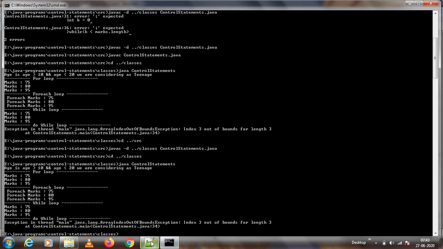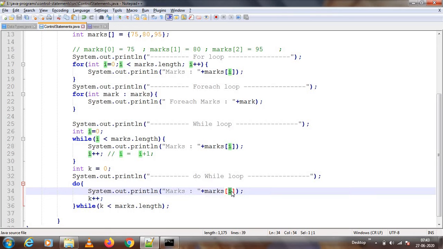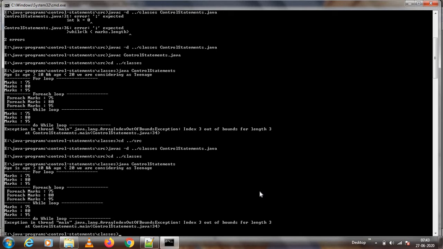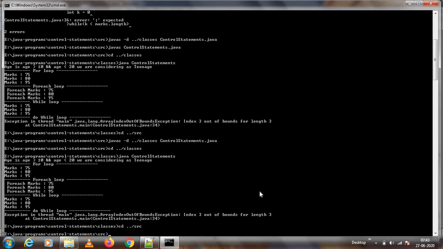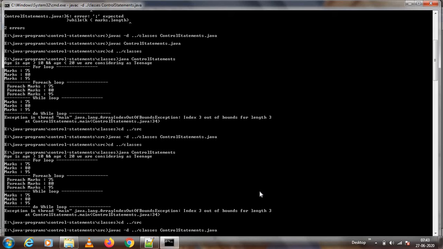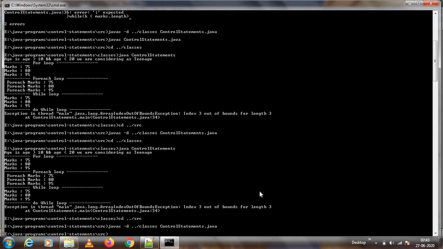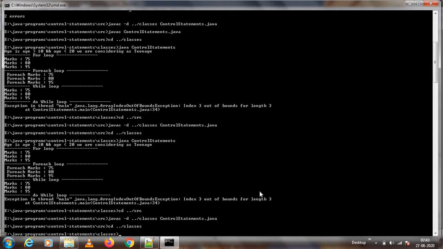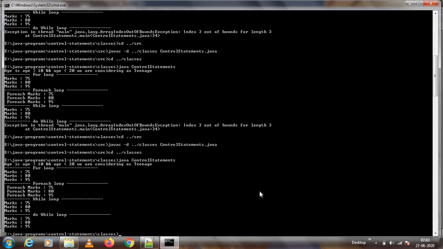So again it is throwing some error because here we are referring to i. We have to refer to k. So I will compile it again. It's a tedious job, right? Compilation, all the stuff. Yeah. So the more you practice, the more you learn it. You will understand what is happening, how it is working, all those things. Later on, it will be very easy for you.